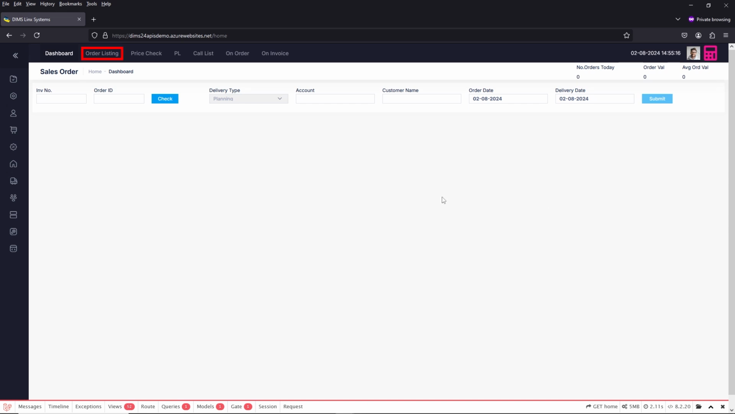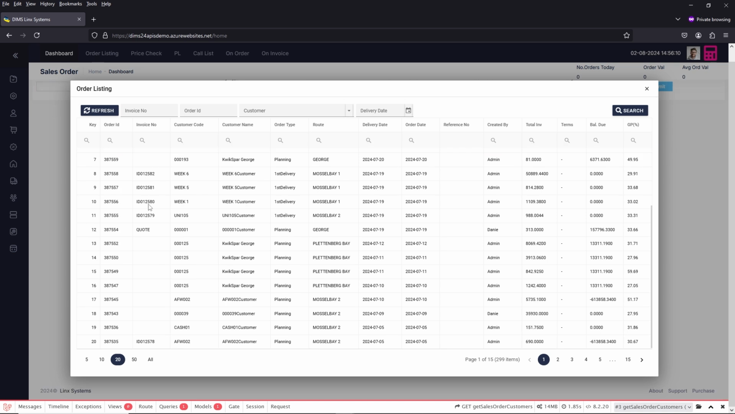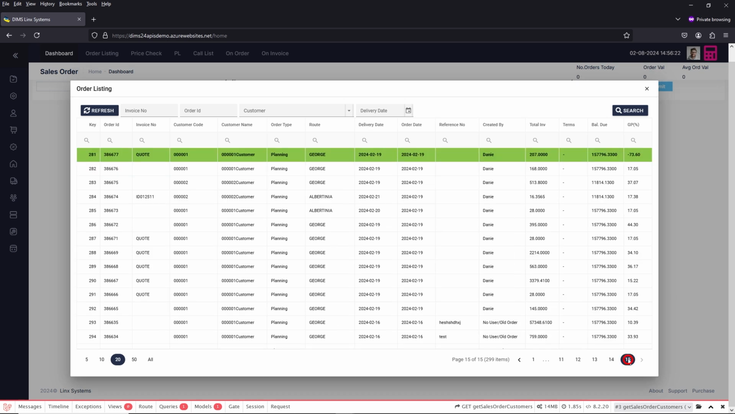Click on your order listing. Here is how you select different orders. The order listings are displayed from most to least recent. You can access the different pages of orders and go all the way to where the orders begin and navigate